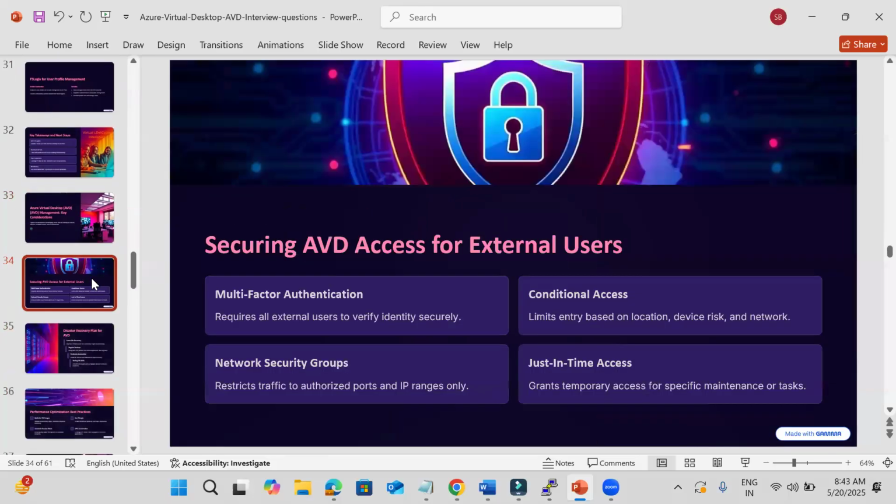Okay, then, in order to secure our Azure AVD, what are the best practices we need to enforce in our company? At the Azure Entra ID level, we need to provide conditional access. We need to enforce multi-factor authentication for all the users while accessing the AVD,